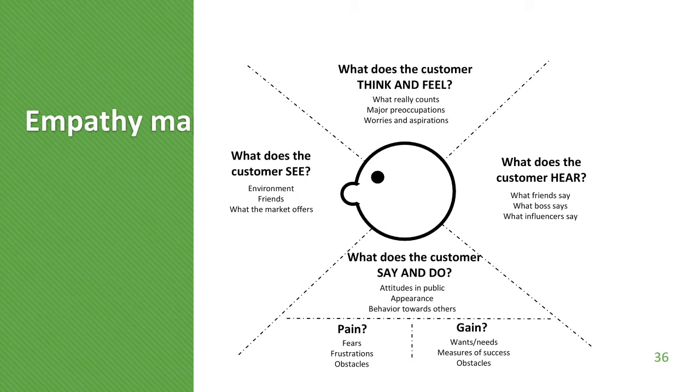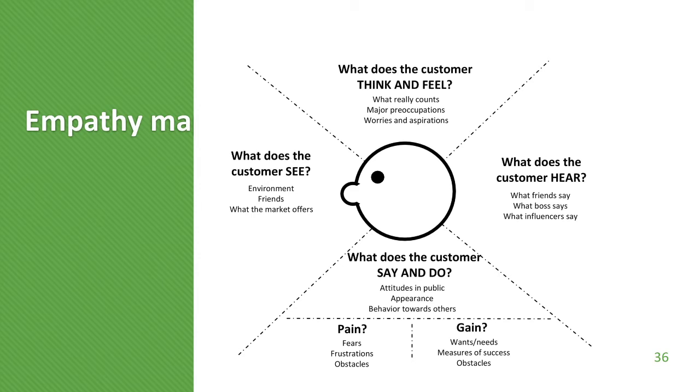And it's useful. I mean, even with some of the work that we do, we literally take a cutout of who this persona is that we're going after and keep that handy so that you can remind yourself, I'm going so far off my message here. Molly doesn't care about what I'm offering. So it helps you come back to your North Star. So we just walk through this. It's what does the customer think and feel? What's going on in their mind? What are they preoccupied with? We built that out a little bit with that persona model, but this is going through the real thinky parts. What are they hearing in the marketplace?